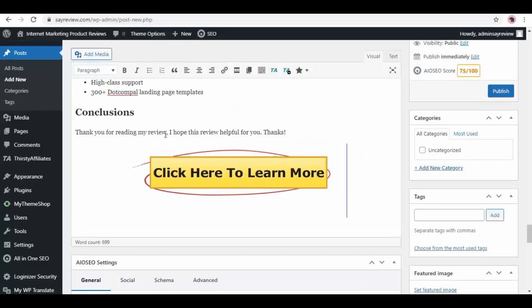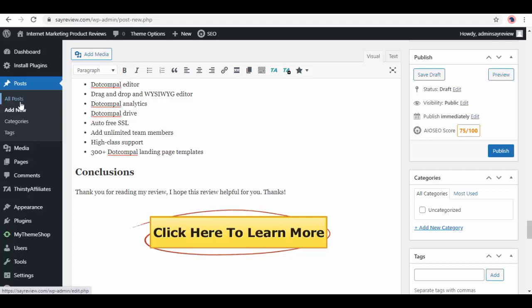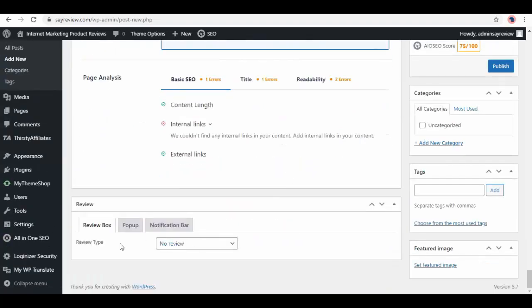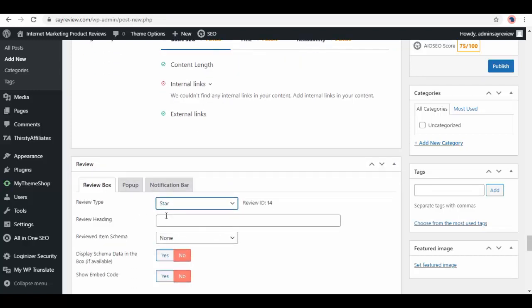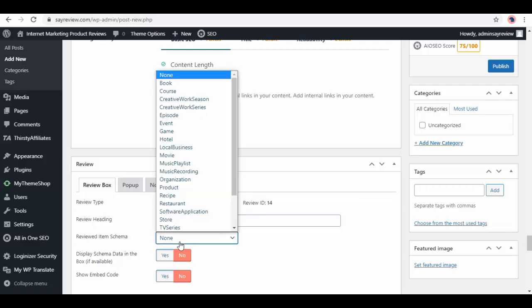So let's get started. So here we are on Posts, and from it, choose Add New. A little below, here we have Review section, and inside we get Review type. Set it to your liking like star, then insert Review heading with product name, Review item schema, select it from